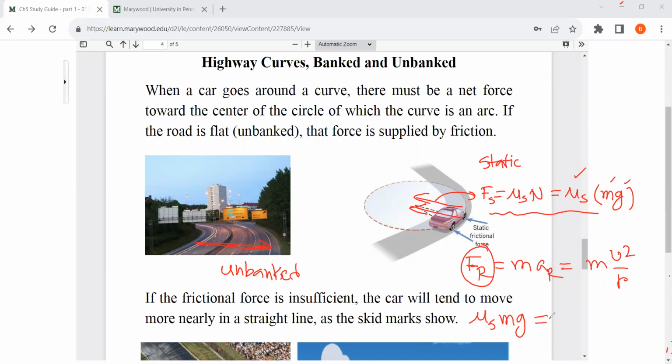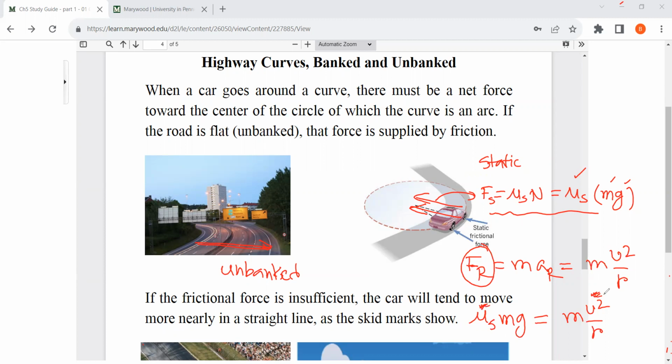On the other hand, the right hand side is this one. So when you drive in an unbanked highway turn, you see that speed is a factor. During a rainy day or snowy day, because this is less, the speed